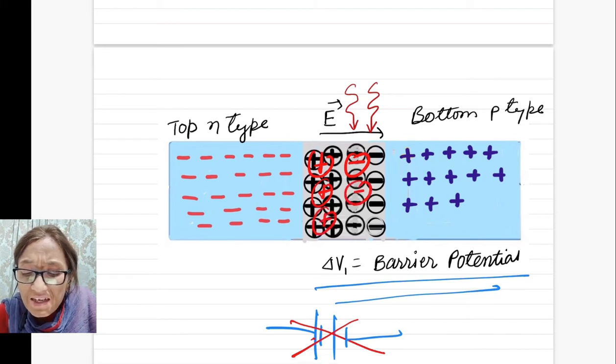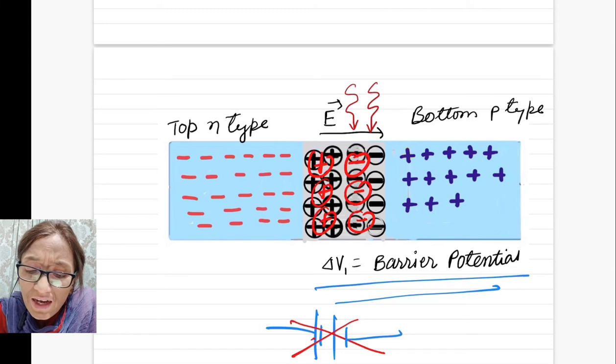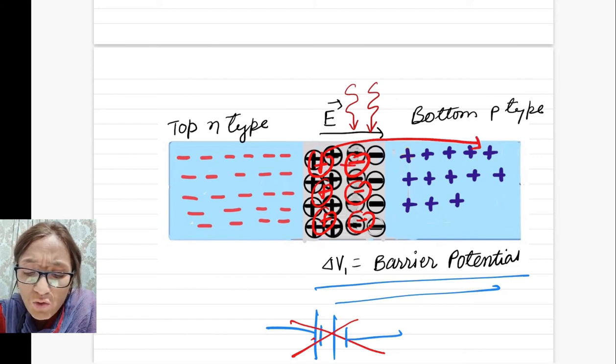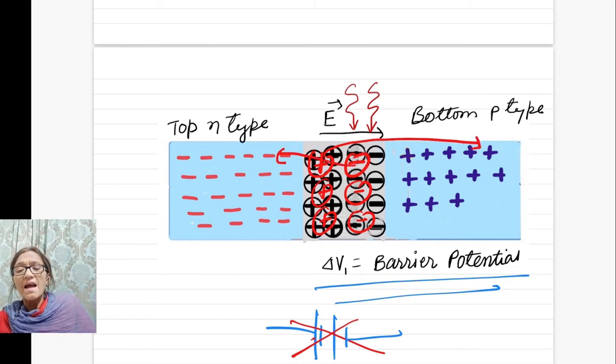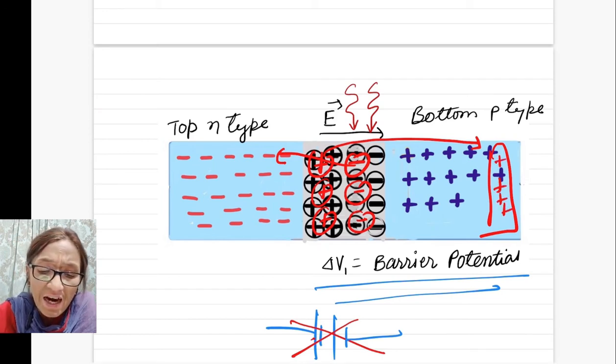And since it is open circuit, not closed circuit, initially there was no current, so finally there should be no current. And what happens? Under the influence of this electric field, the positive charges will try to move along this side and negative charges will try to move along this side, and then a charge is developed on the positive side, positive charges, and a charge is developed on the negative side, negative charges, extra